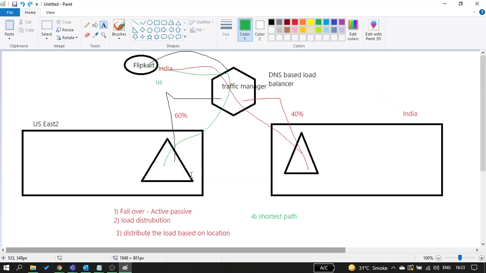Based on the profile, guys. So if I have taken up rule number one, failover one, all the traffic will go here, always 100% traffic here. Then if it is down,